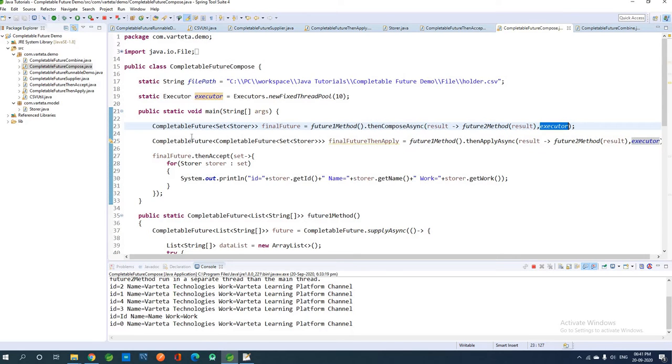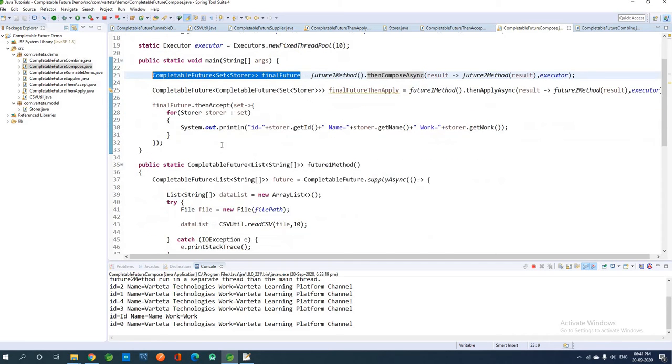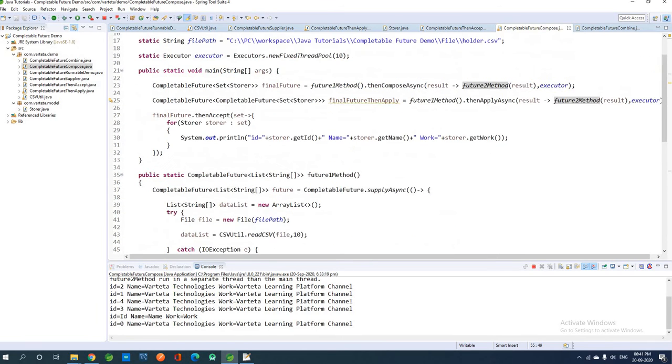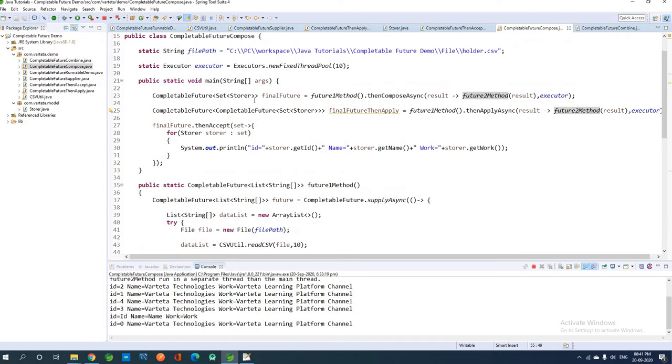You can see the return type is only a CompletableFuture, that is the final one, the CompletableFuture object returned by the second future method. So this is the return type of thenComposeAsync.